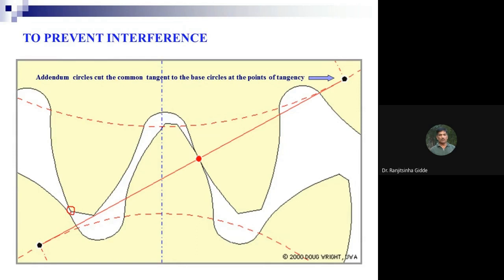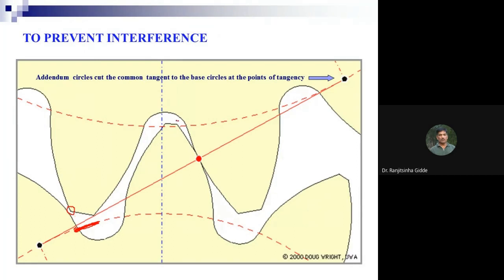Now contact of this tip of tooth is taking place above this base circle. Pay attention, pay close attention, right? And we are going to discuss this. The tip you are going to observe is having contact beyond this base circle,